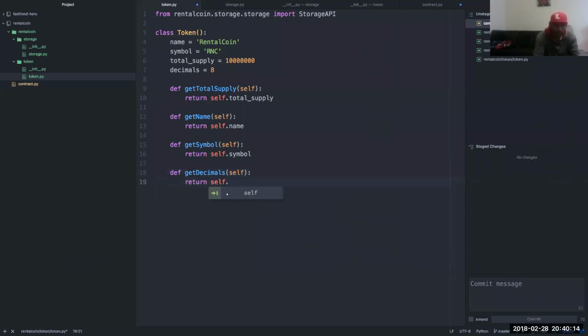Return self dot decimals. All right, and that's what I'm going to do for right now.